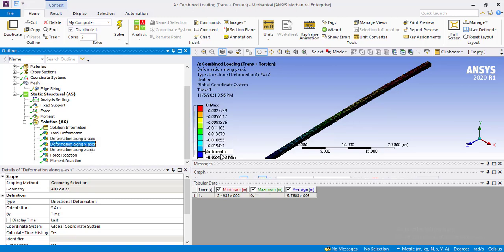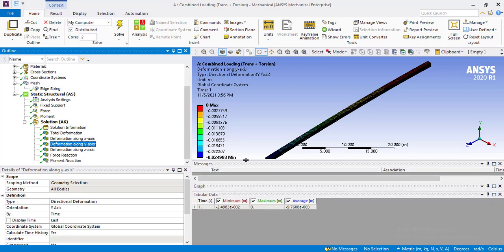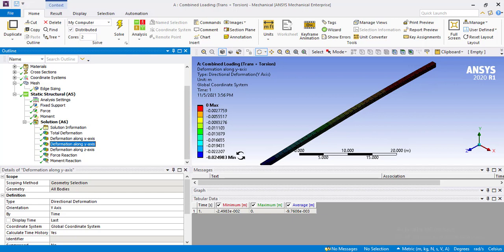As you can see, this negative sign represents the direction with respect to origin, because the force is downward, therefore the magnitude is given in the negative sign and its magnitude is 24, which means that the vertical component of force is contributing maximum in the total deformation. Now click on z-axis. You can see its magnitude is quite small.